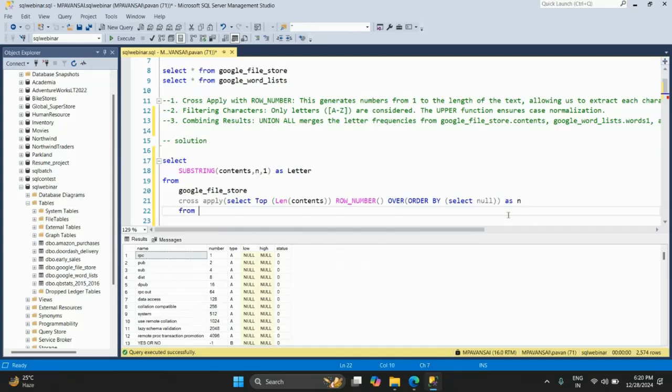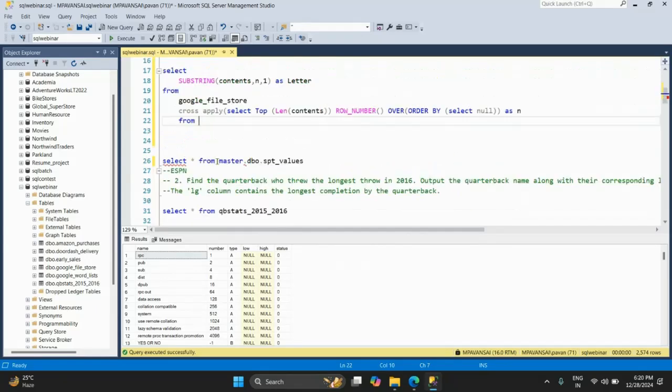From, I just mentioned the table name, right? This particular table. So I hope, if at all you understand cross apply, I believe you will be able to understand. The left table will be our normal table. The right table will be our function, right? So that is where you will be using cross apply, and you can just take this particular